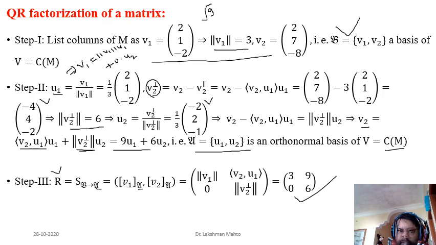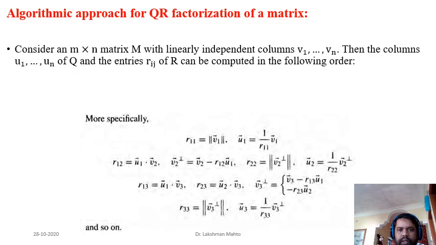Now what do you do? Lastly, you got R, you got Q from step 2, and M is already given. So easily you can verify that if you multiply Q with R, then definitely this product would be equal to M. So that's why. What does it mean? You have factored M into two matrices Q and R. That is the ultimate aim.